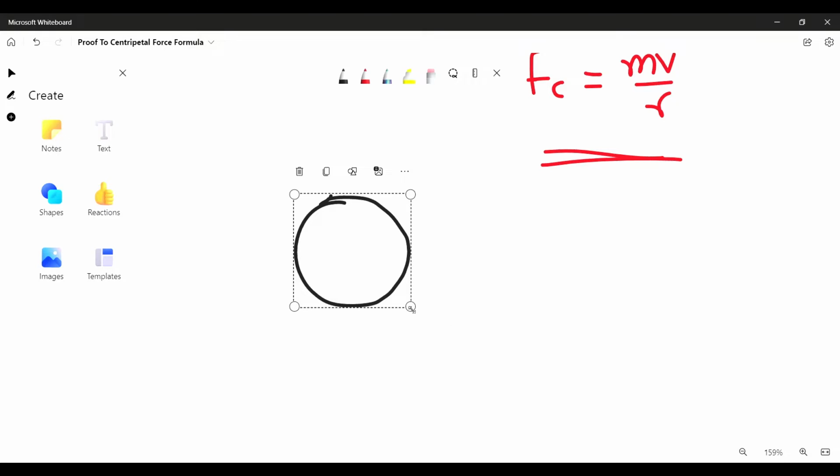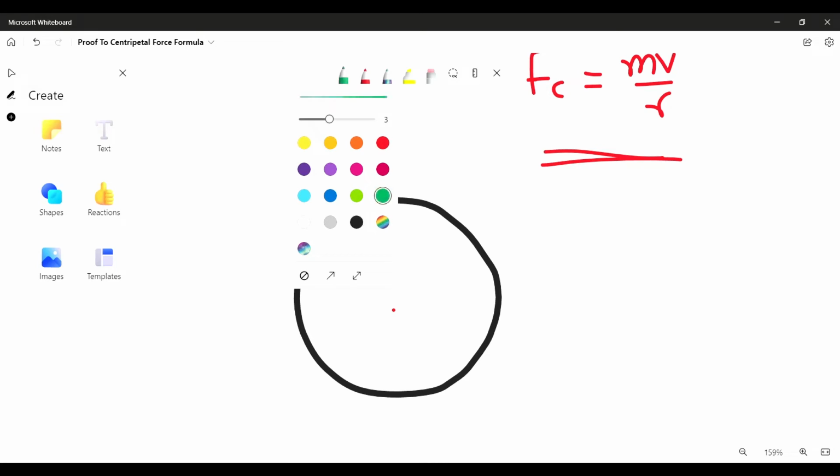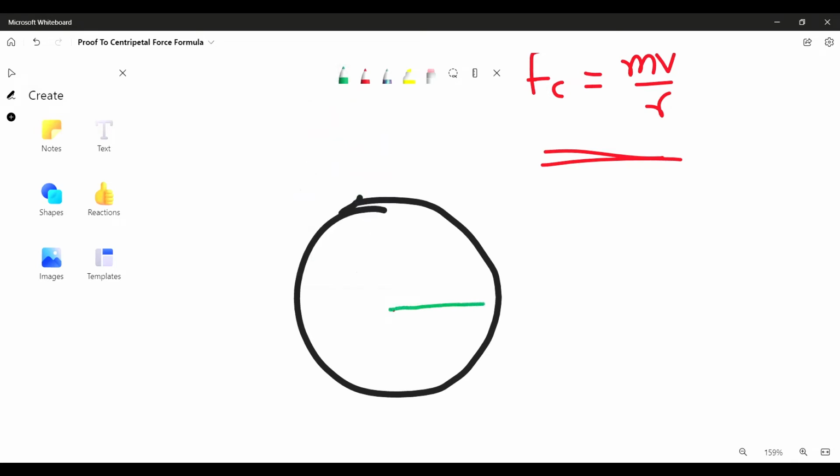So we have our radius, let's do that in green, and we have our instantaneous velocity here,